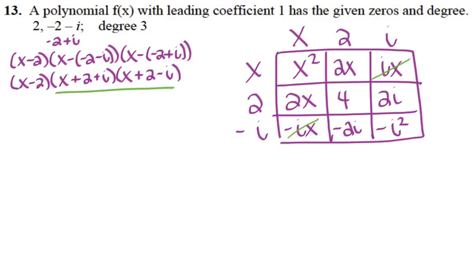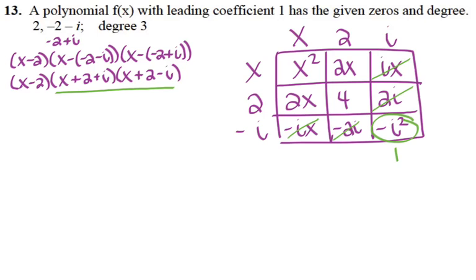So my ix's cancel, my negative 2i and positive 2i cancel, and then right here I have minus i squared, but don't forget that i squared is negative 1, so I really have minus negative 1, which becomes just a